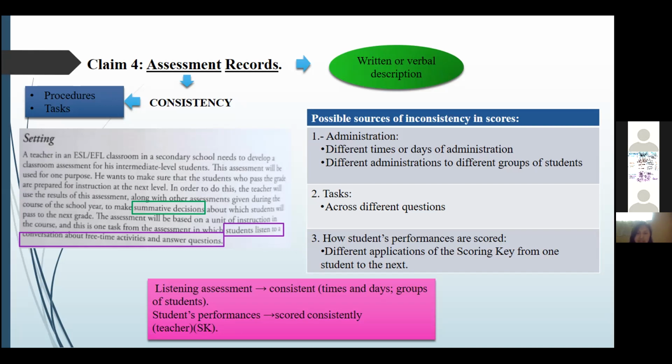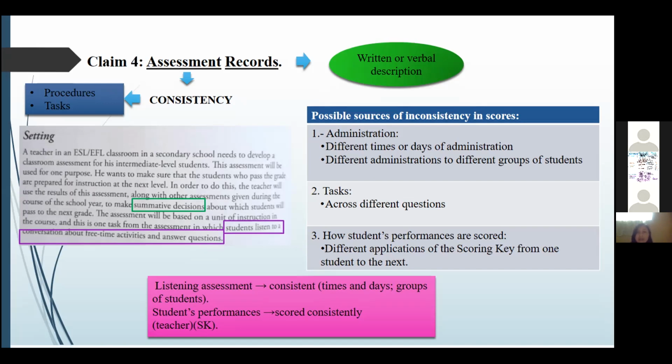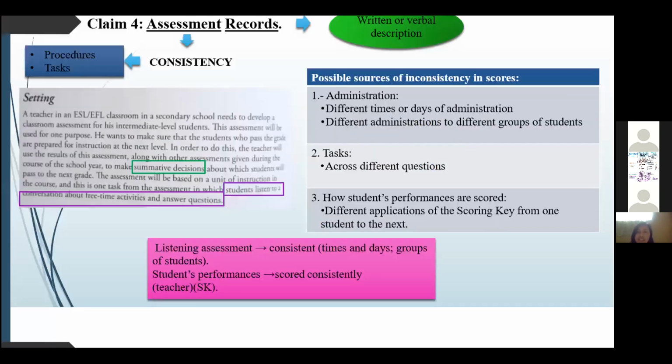So it will be for this part. And we have also the possible backing for these inconsistencies. In the administration, the possible backing is the documentation of the procedures that will